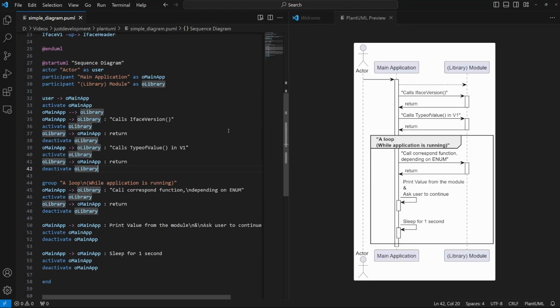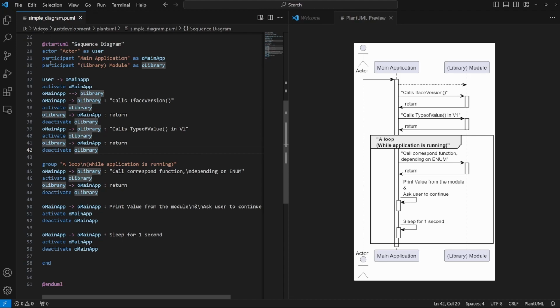Now let's see how it looks. So it is the preview generated from the PlantUML sequence diagram described here. I will go through it quite soon. But we have actor, main application, library module. So it calls iFace version, then we call type of value, then we do, inside a loop, call the corresponding function depending on the enum, return, print value, then ask the user to continue, sleep 1 second, and